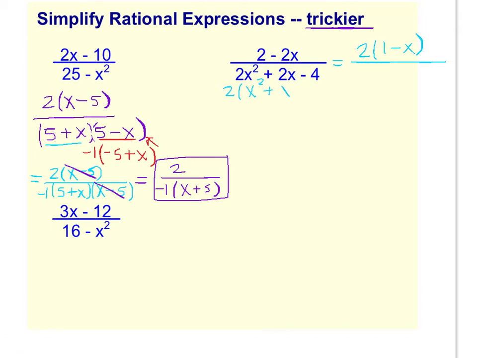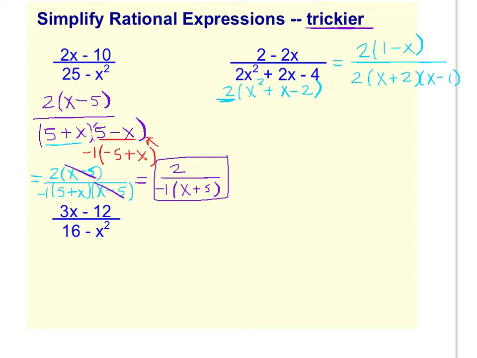X squared plus x minus 2. And then are there any factors of negative 2 that add up to a positive 1? And you can do x plus 2 and x minus 1. And that 2 that we factored out goes out in front of everything. Alright, so we have the